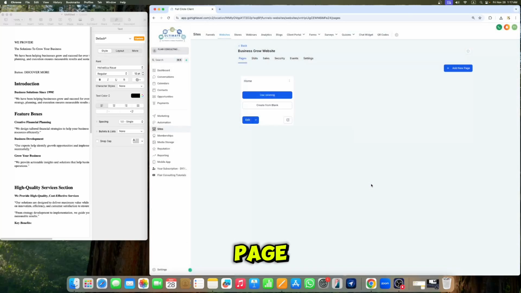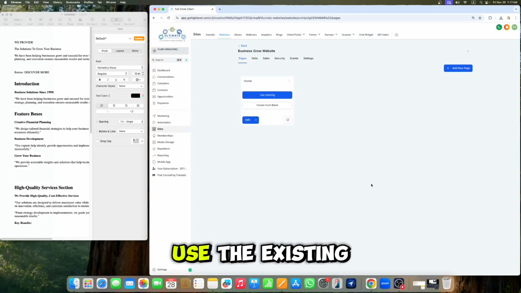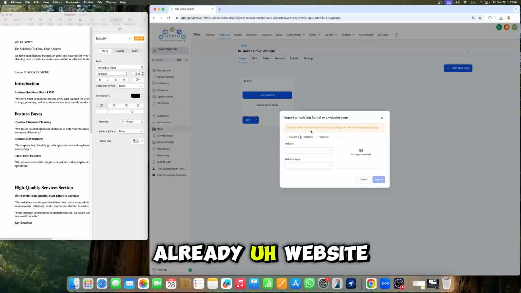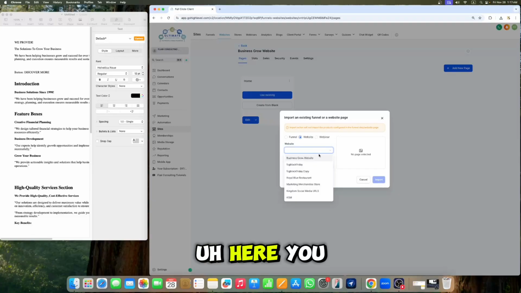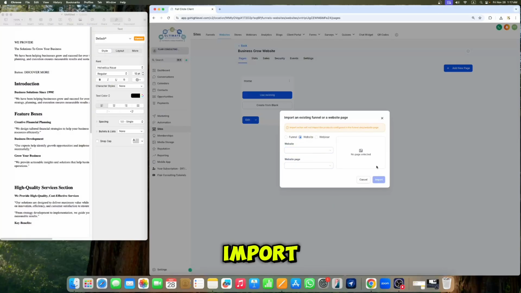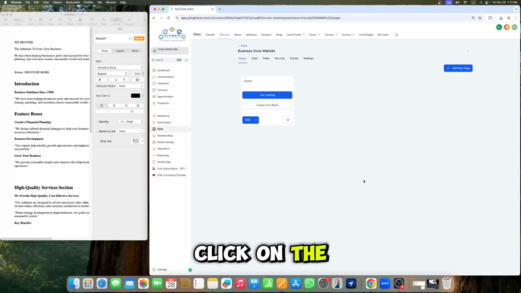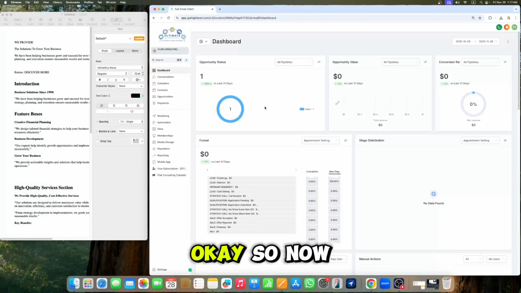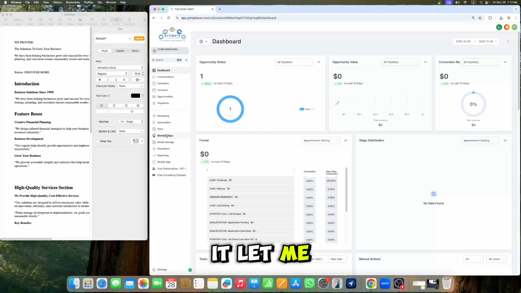And inside the page, now you can see it says use the existing. It means if you already have a website, or you imported one, or you have a template, you can use it. Here you can see we have a few. You can use these if you have them, but we're going to build from scratch, so we are not going to import. We'll click on cancel, and we're going to create from blank. So I'm going to click over there, and okay,